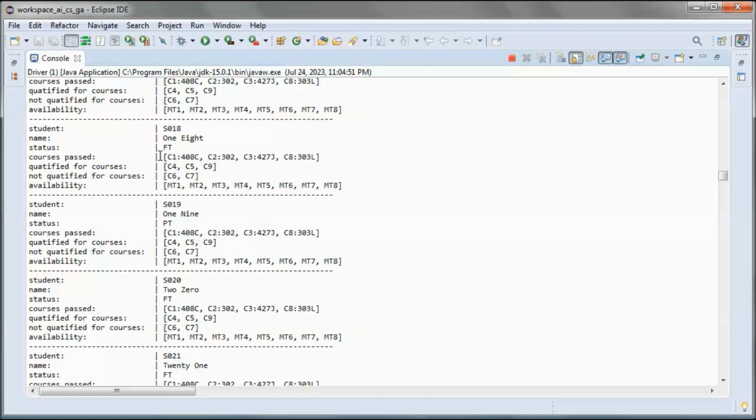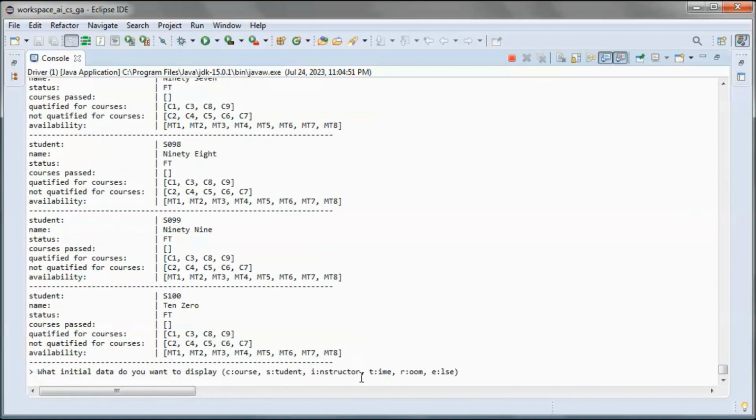So this student has passed those courses, and he is qualified for those and not qualified for those, and this is his availability, and he is a full-time student. And here this student is a part-time student, and he is qualified for those 3 courses.